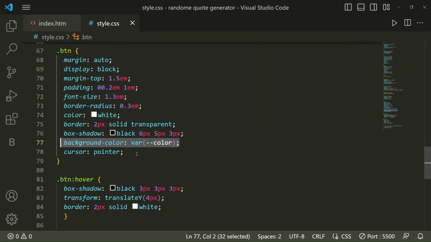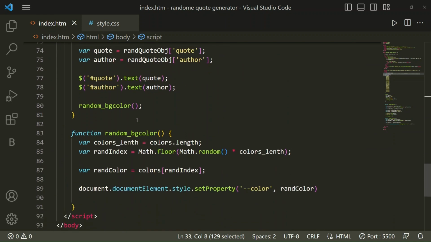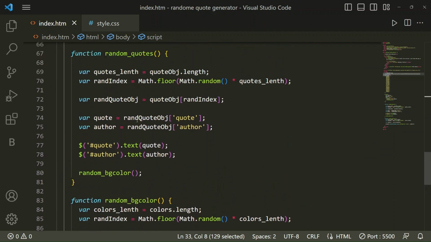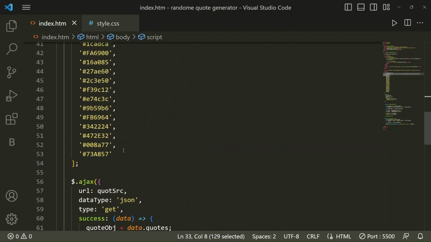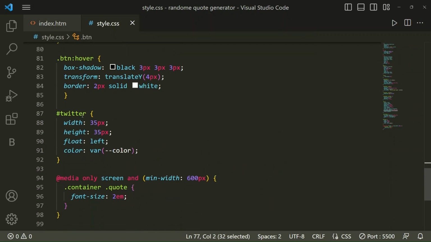The background color of the button is taken from the color variable, and the cursor should be pointer. So it's taking the color from these random color codes. For that we have taken a variable.